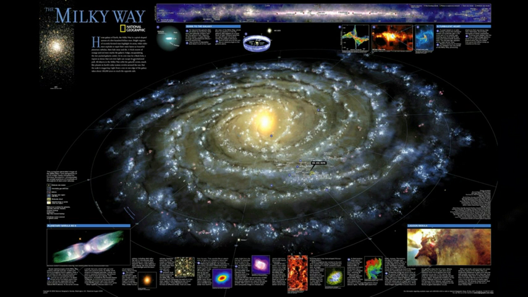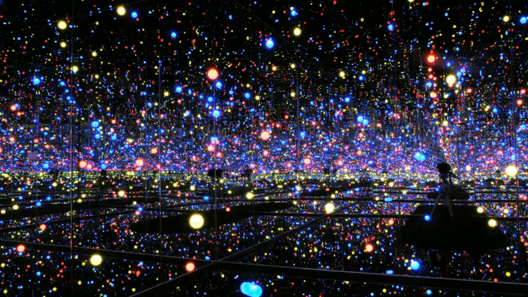And a lot of facts are then called out around this galaxy image here. So this is factual. This is meant to convey information. On the other side of things, and actually this display was just here at the Seattle Art Museum, it's a display by Yayoi Kusama, a Japanese artist. I got lucky enough to go to that. But this is a different take on a galaxy, isn't it?